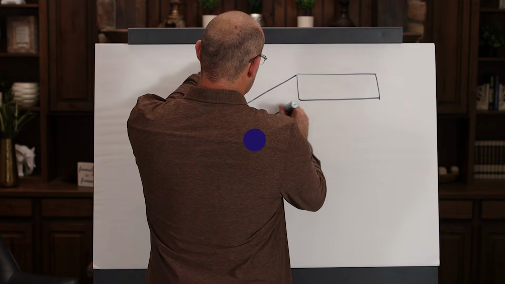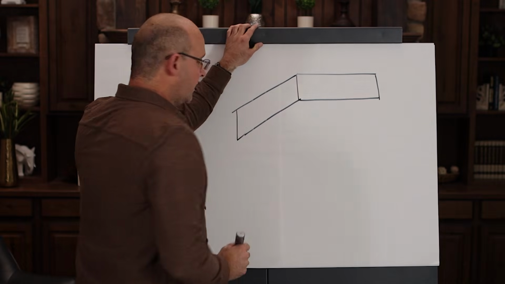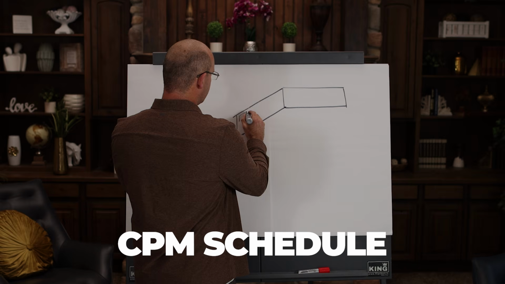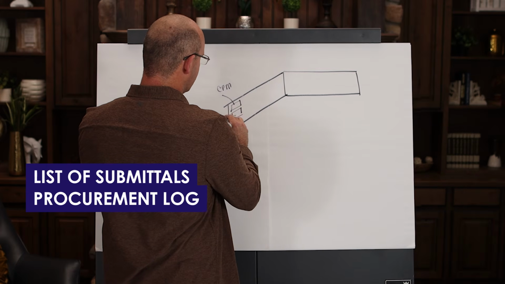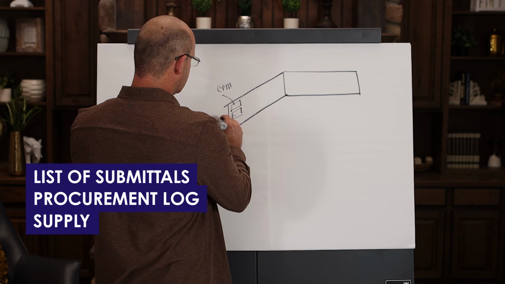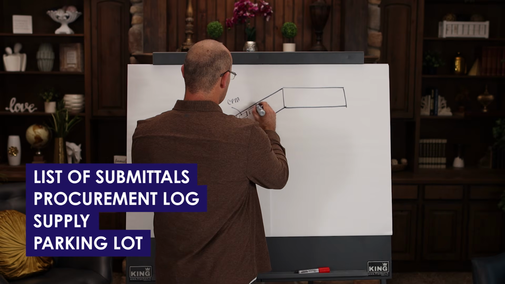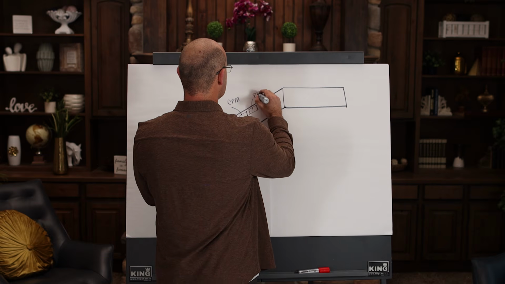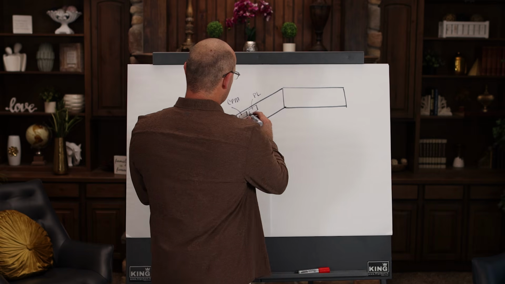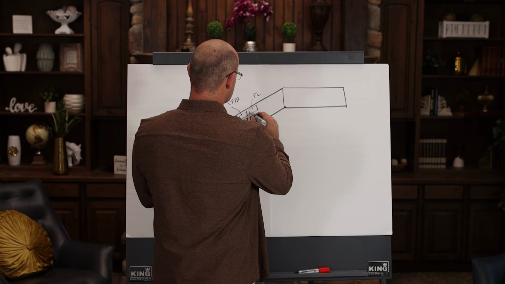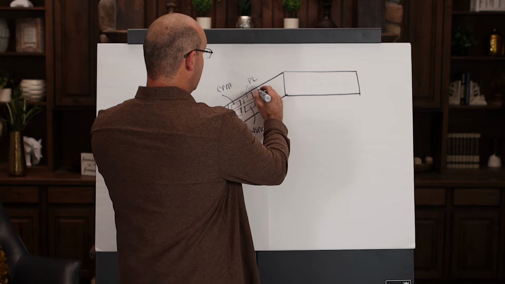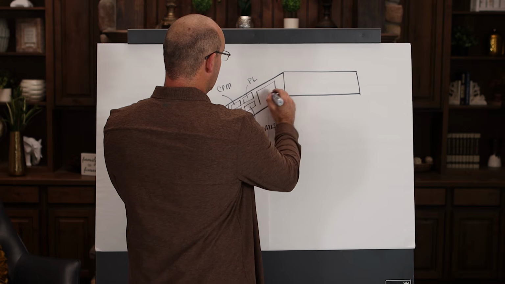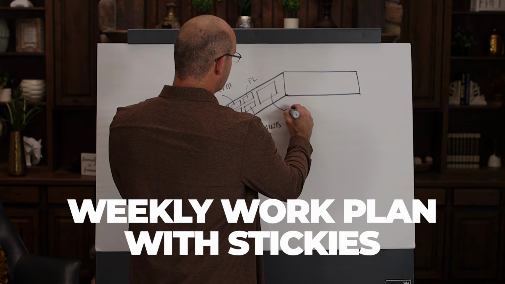Typically in a conference room, what we will see is that on the walls, somebody will have their CPM schedule up here on the left. They might have a list of submittals or a procurement log. I'll just call that supply, which isn't bad. Then they'll have a parking lot, which I actually don't mind. So I'll just put PL for parking lot. Then they have a list up here, which is just constraints. And what will typically happen next is they'll have a big old area which will be the weekly work plan